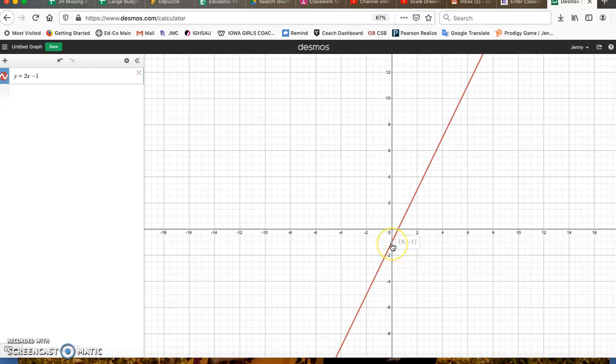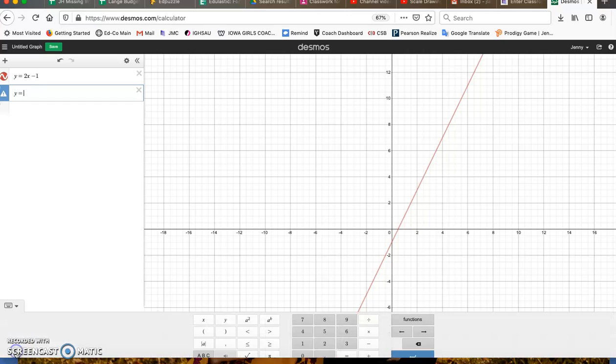Okay. Now the nice thing about this is I can click on certain points and it'll give me that coordinate point. So this way I know the y-intercept is -1. My x-intercept is 1/2. So it's giving me those coordinate points. If you really don't like the color, you can actually change that. Now if I want to graph another line, so y equals,